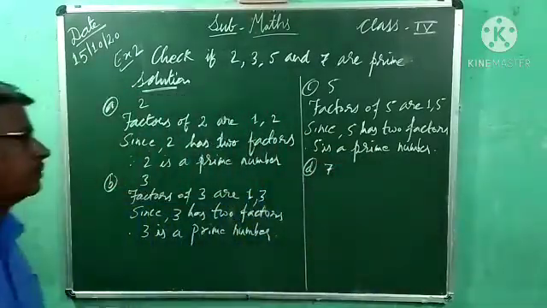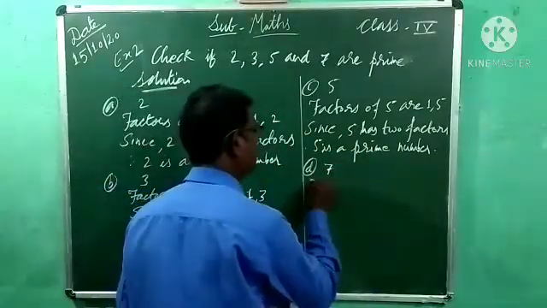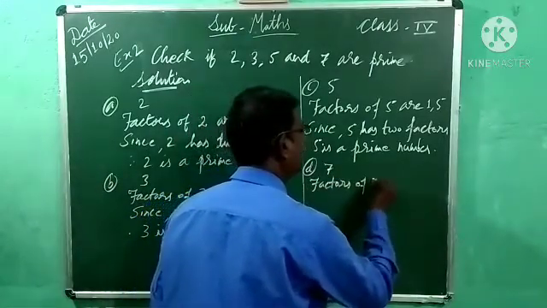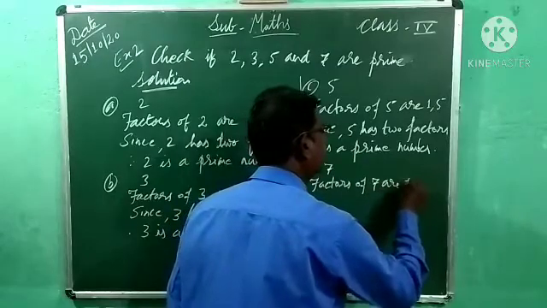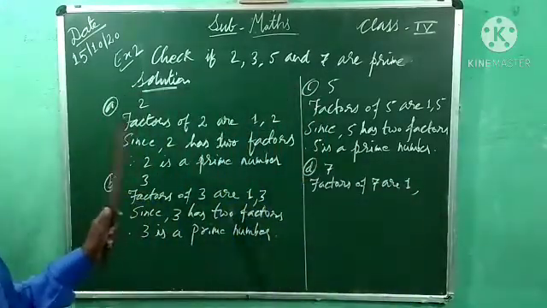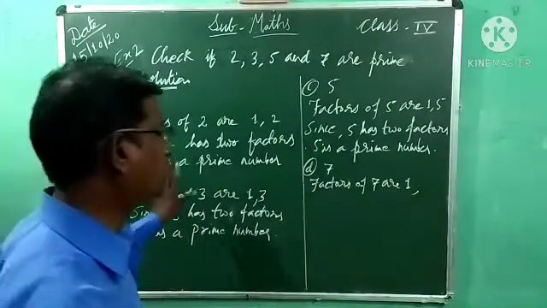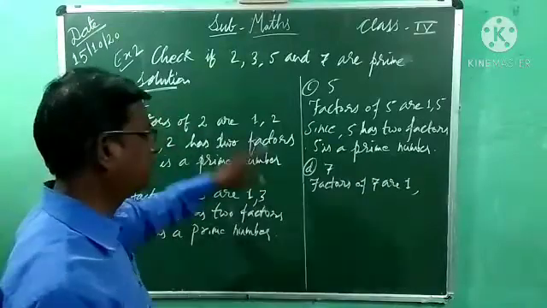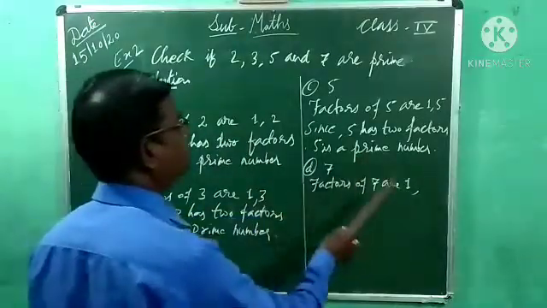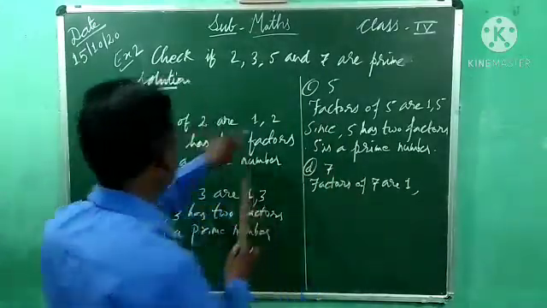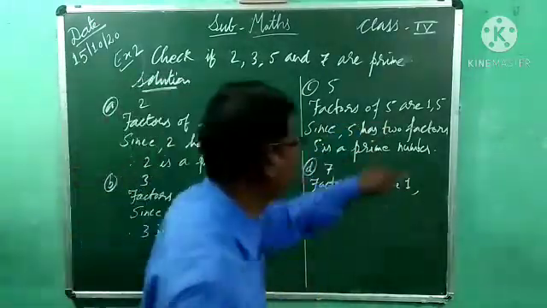Same thing. Factors of 7 are... What are the factors of 7? In which table are we getting 7? 1. Okay, 1 is 1. We always get 1 while finding the factors of every number, because if we divide that number by 1, we get remainder 0. That's why 1 is a factor of every number. This is the property also. So that's why everywhere we are getting 1. Here also, here also, here also.